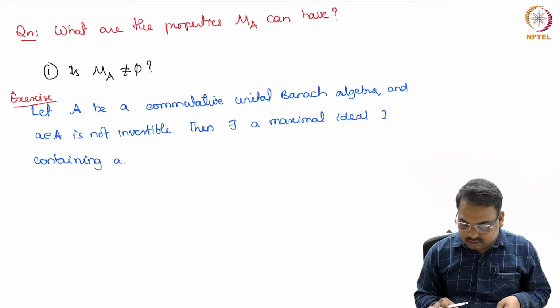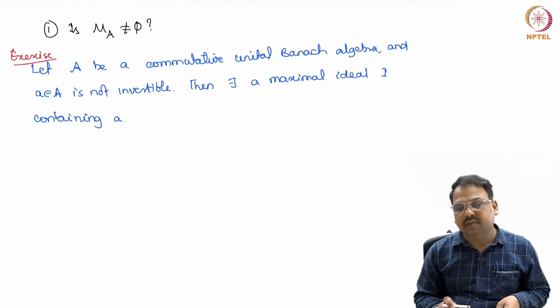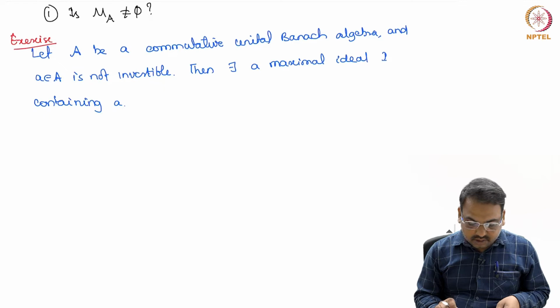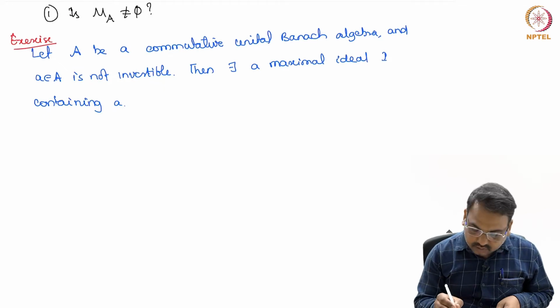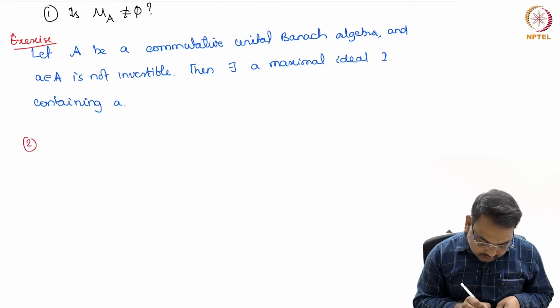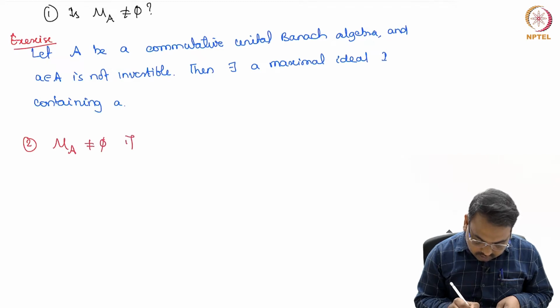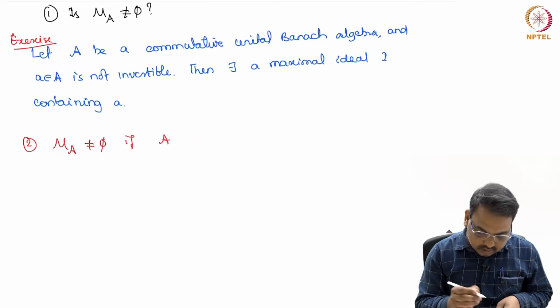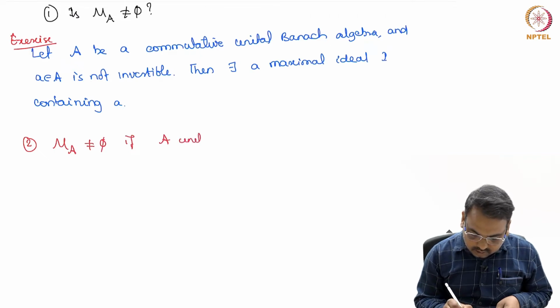Okay, that means once there is a maximal ideal, by the earlier result that we have proved, we can find a multiplicative linear functional on it. That means from this we can show that if A is a unital commutative Banach algebra,